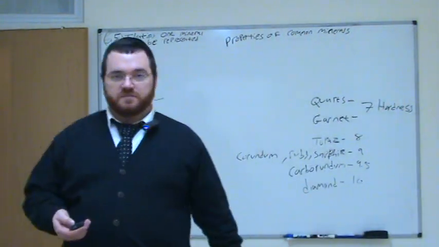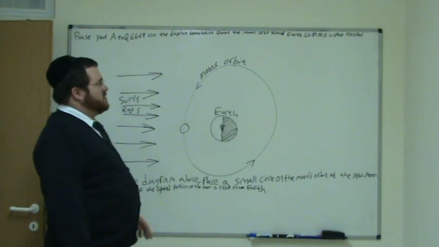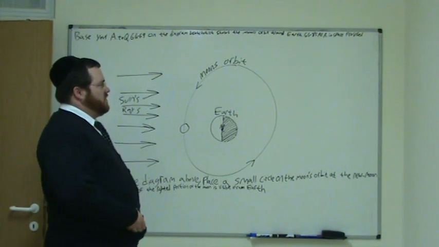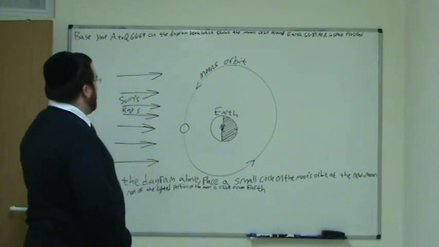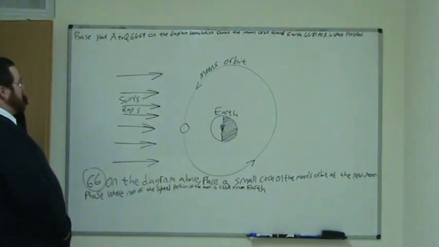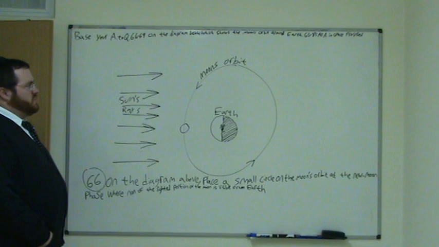And that's the answer. Question 66. First, from question 66 to 85, put all answers in the space provided. Now, base your answers to question 66 through 69 on the diagram below, which shows the moon's orbit around the